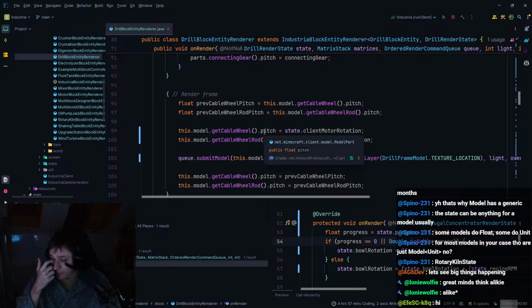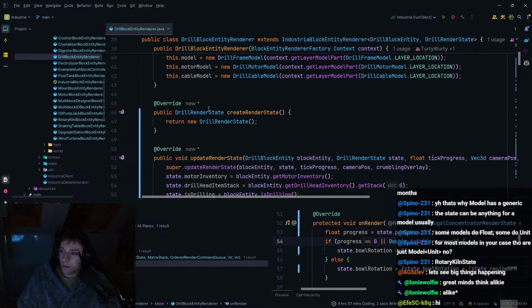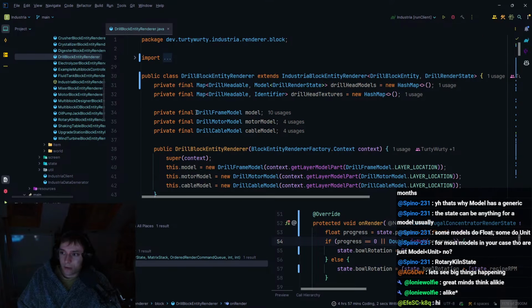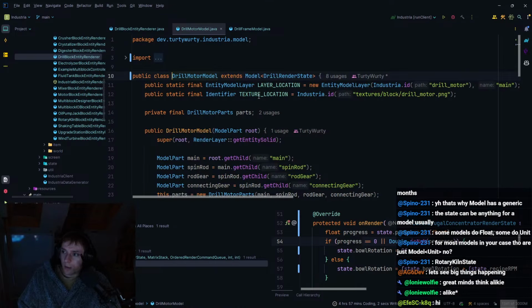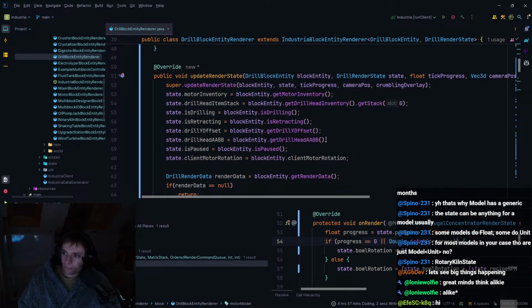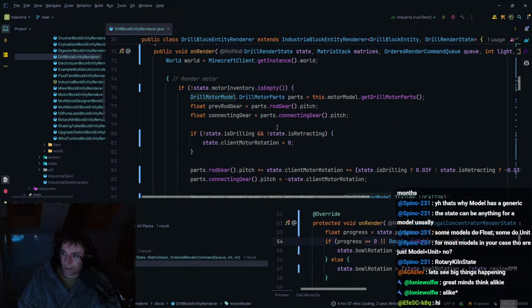Because this one has 3 different models, right? So the models on this one, they're not actually separate parts, they are just separate models. So instead of, like, right now they're all taking in this render state, but they're all going to have a different state,